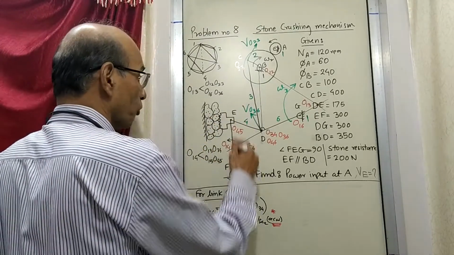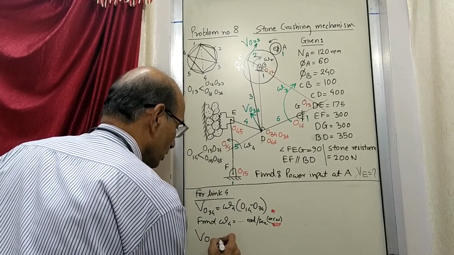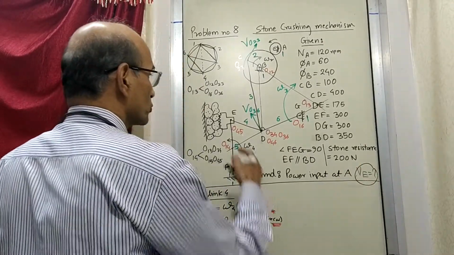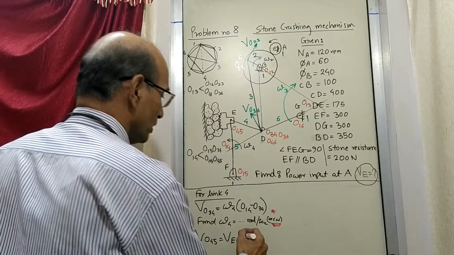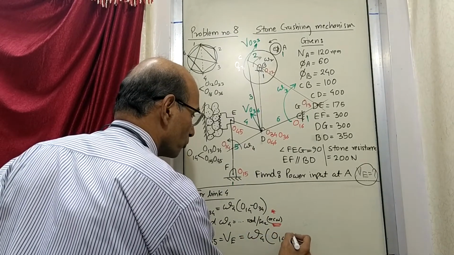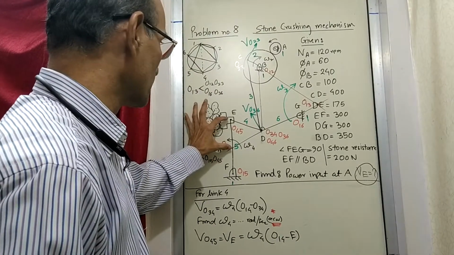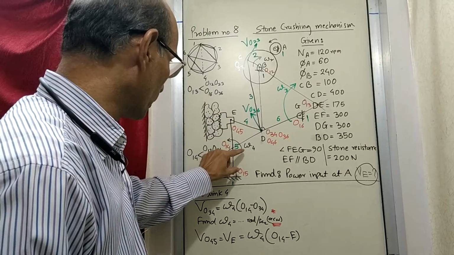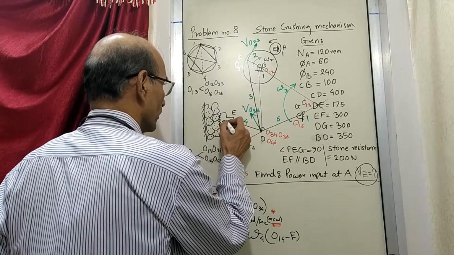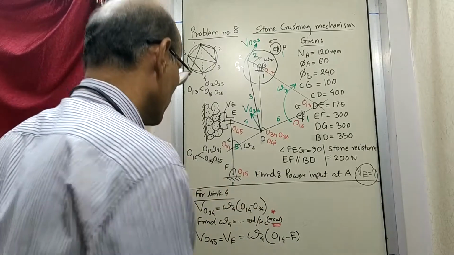Now any other point on link 4? 4-5. So now we can say the velocity of 4-5, which is nothing but the velocity of E what we wanted. So the velocity of E is the same as the velocity of 4-5. Now it can be obtained, that is equal to omega 4 and the distance from 1-4 to E, or maybe 4-5, whatever. If you measure this distance and multiply by omega 4, that will give you VE. So you can get the value of VE.